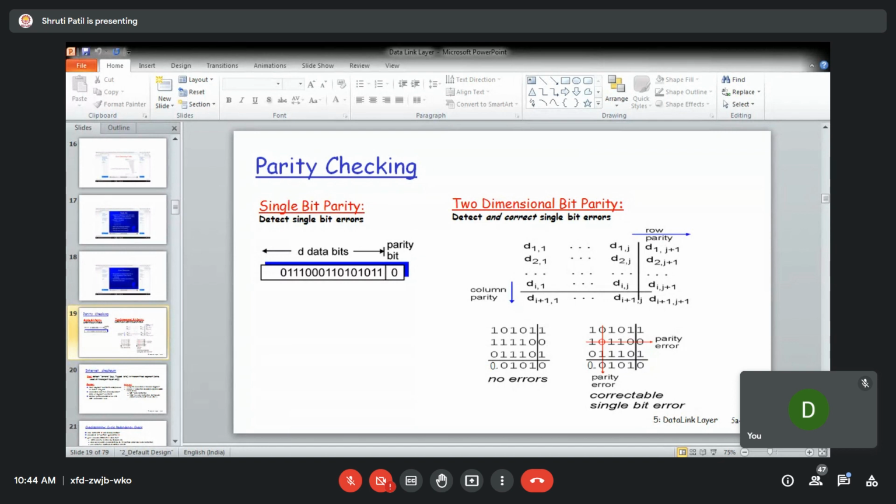So the generator polynomial which will be used over here is x raised to 3 plus 1. If you are having 1, 1, 0, 1, that means this is x cube plus x square plus 1.